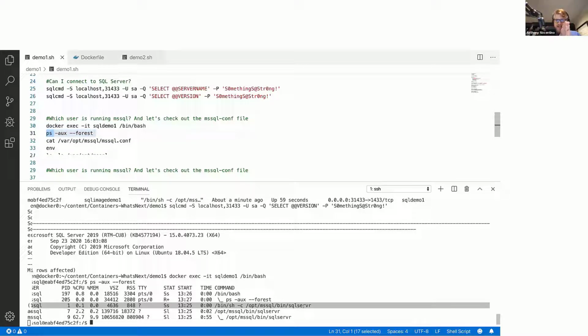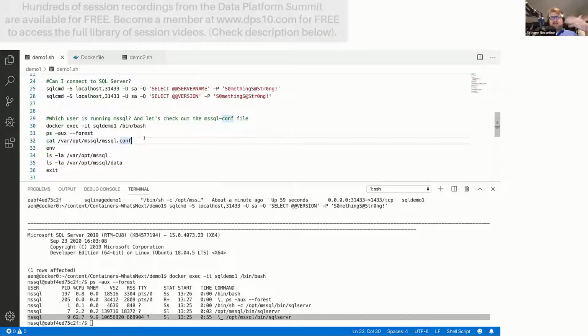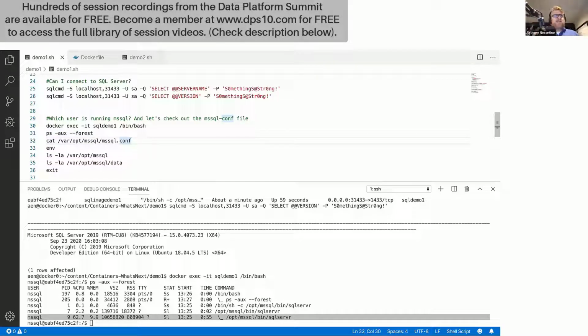Like it thinks it's the only thing running on this operating system. And the architecture of SQL Server will always have two separate processes. This process here is going to be the one that actually is doing the work inside of SQL Server. The parent process is a watchdog process that does some stuff to manage the environment for you. Now, we made some modifications with MSSQL conf, which are going to be persisted in this location here.